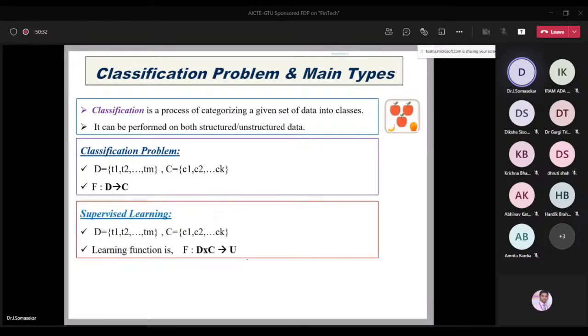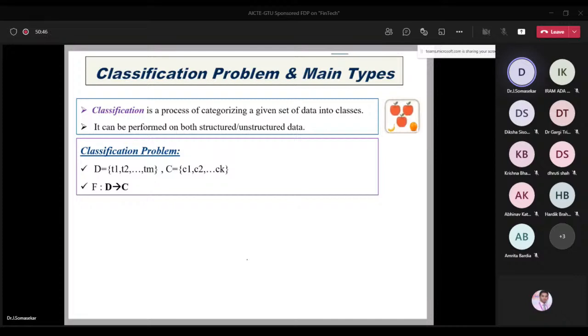So in supervised learning, what happens? We have various types: supervised, unsupervised, semi-supervised, reinforcement, all those things. But we are going to focus on supervised learning. What is the meaning of supervised learning? For example, if we are talking about Bitcoin, let us assume the starting price of the Bitcoin today, what is the high price, what is the low price, what is the closing price. The closing price is our target variable, that is called a dependent variable, what we are looking for here. These values are given.